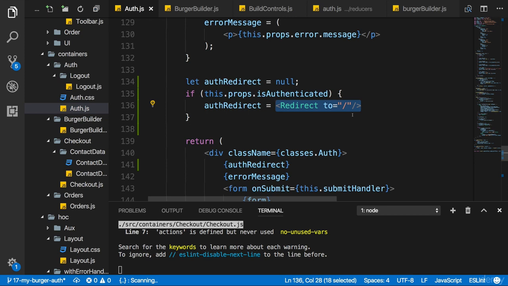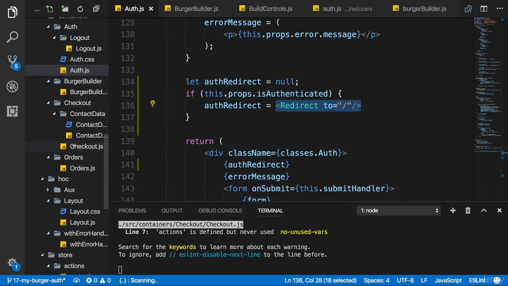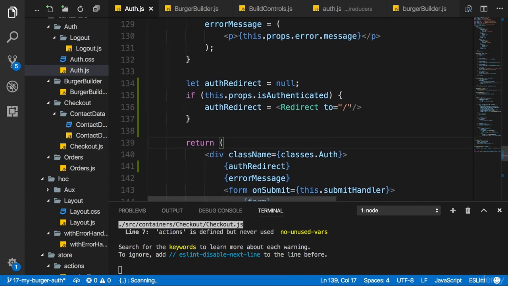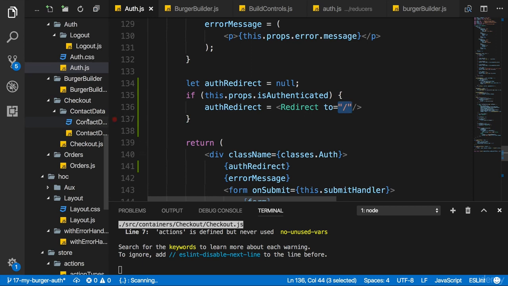Now, a more dynamic approach, if you need to support different URLs, would be to store the URL in your Redux store, so the path where you want to go to in your Redux store, so that you can dynamically replace it here, or to pass that path as query params through routing. You also learned how to pass and parse query params in this course. Let's do the half measure and store the path in the Redux store, even though in our app we only